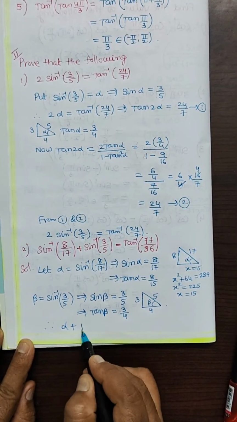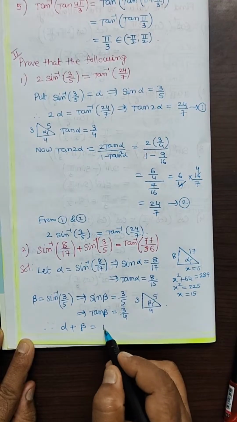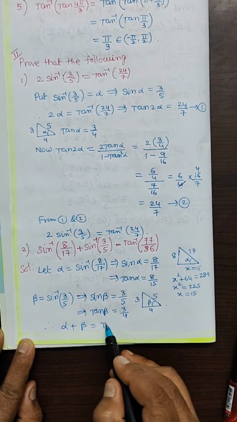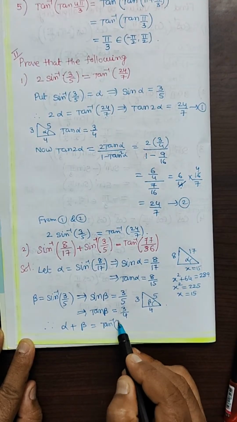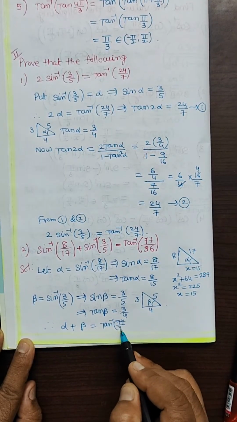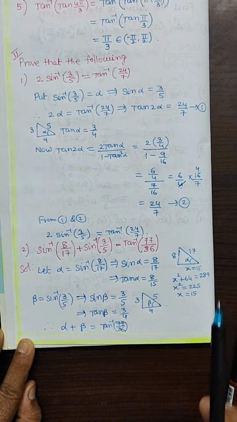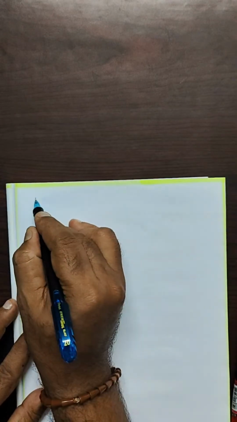alpha plus beta is equal to tan inverse of 77 divided by 36. So tan will bring this side. You can apply the formula of tan of alpha plus beta. I will turn the page, dear students. So tan of now